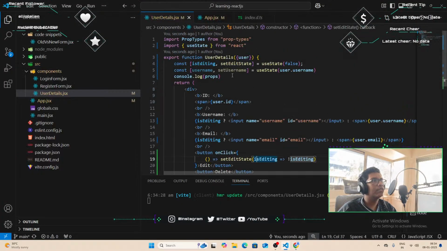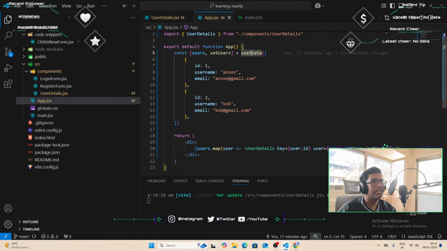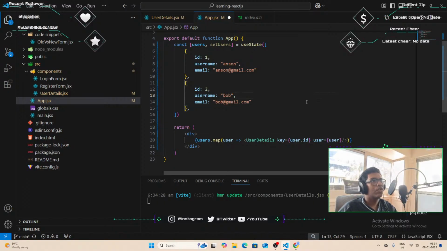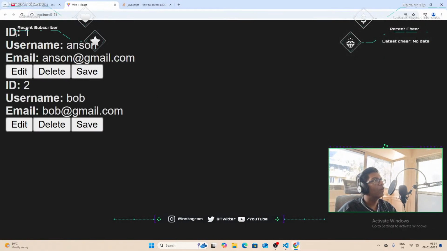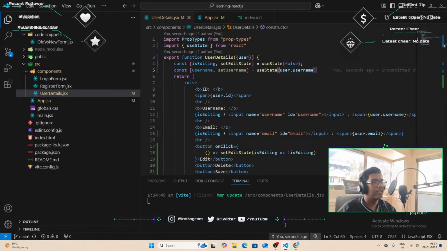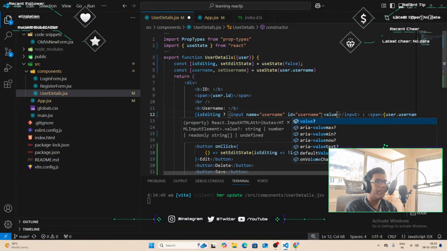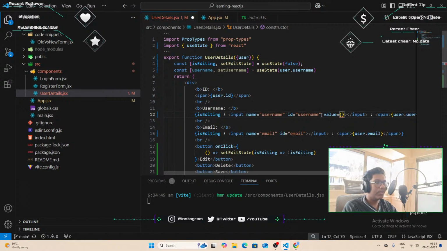Okay, something is broken. Yes, it's us passing setUsers. Let's remove that. Go back. Yeah, let's not console.log props because we don't have that. And okay, the edit functionality is working in a way. Next, what we're going to do is set the value for the username. So we're going to set that to be username,